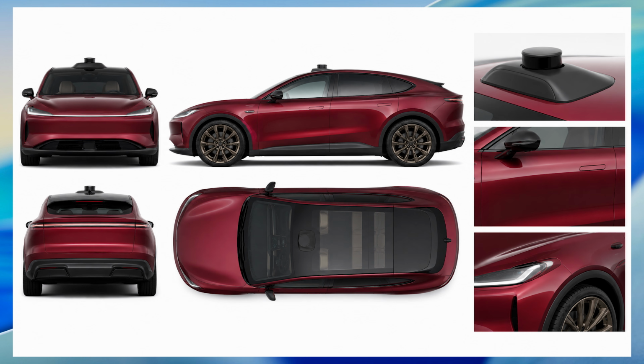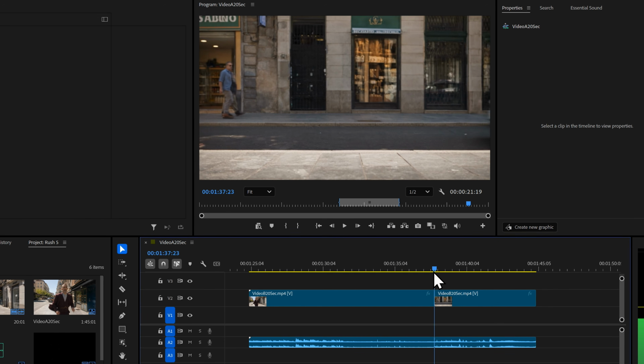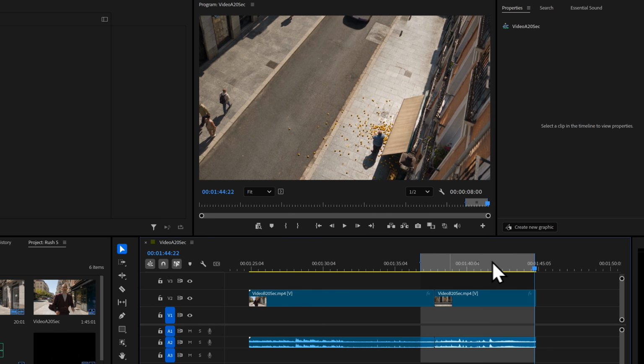I crafted a different vehicle from the same type. Here is the new red SUV I generated as replacement. Then I went into an editor. I'm using Premiere Pro, but any other editor works as well. I cut out the last 7 seconds where the car appears. It's right here. I press I and O on my keyboard to set in and out points, and then I